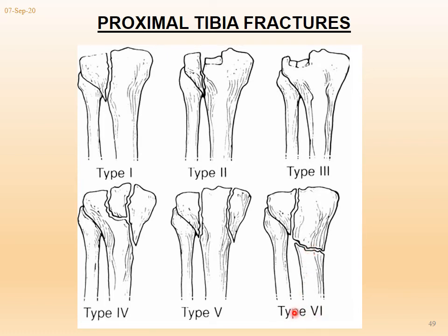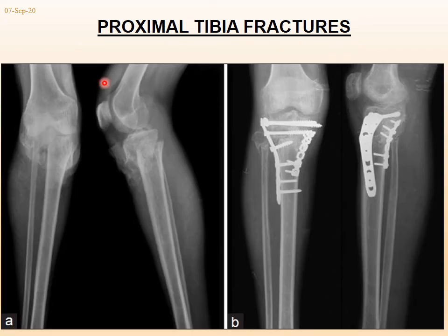This is known as type 6. Both condyle fracture is type 5. One medial condyle fracture is type 4. Type 3 is only depression of the articular surface. Type 2 is separation and depression of the articular surface. Type 1 is separation of the lateral tibial condyle. Here see the proximal tibia fracture and restoration of the anatomy with plate and screws, and it has